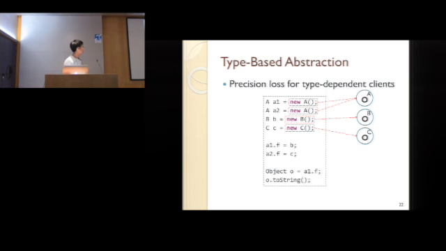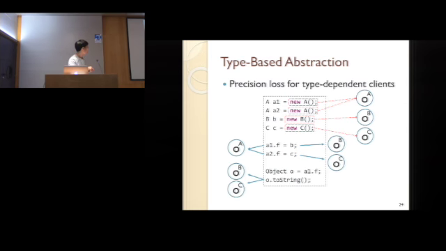In points-to analysis, A1 and A2 point to OA, and B and C point to OB and OC, respectively. Through these two store statements and this load statement, finally O will point to OB and OC. As a result, call graph construction will report that this call site has two polymorphic targets. However, this call edge to C2's method is clearly a false positive because during the execution, O can only point to